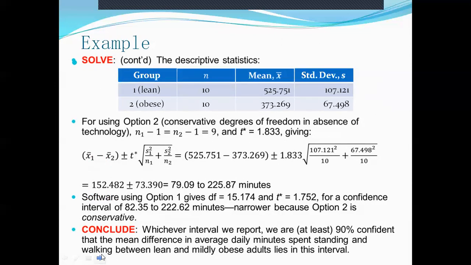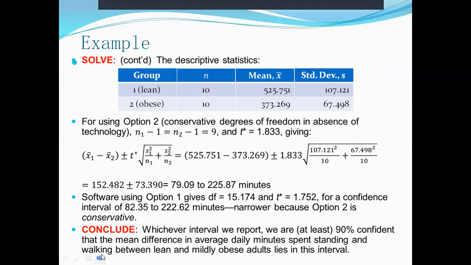For option 2, conservative degrees of freedom in absence of technology, n1 minus 1 and n2 minus 1 are both 9, and t star is 1.833 from our table, giving us a confidence interval of the difference in the sample means plus or minus our critical t times the standard error for the difference in the sample means, which ends up being 152.482 plus or minus 73.390, or 79.09